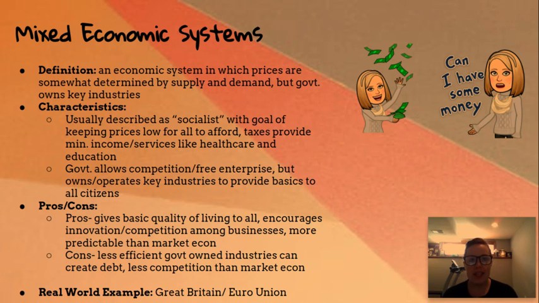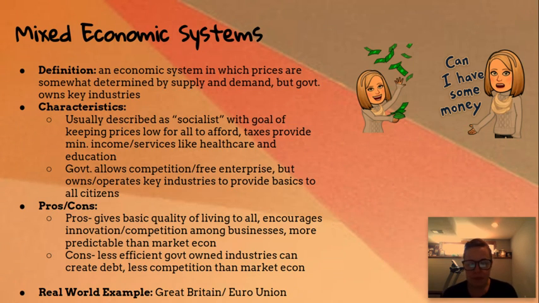The cons: government systems are not always all that efficient because they're so large. So sometimes the healthcare or the education in those systems are not perfect, and they do struggle with not being as productive as a company that maybe is owned by a private citizen. It usually can create some debt that the taxes don't cover, for how much is needed for people's healthcare or education or minimum income or whatever. And there is a little bit less competition in those big industries, because the government does control that.